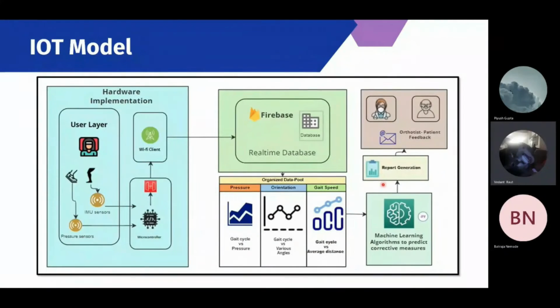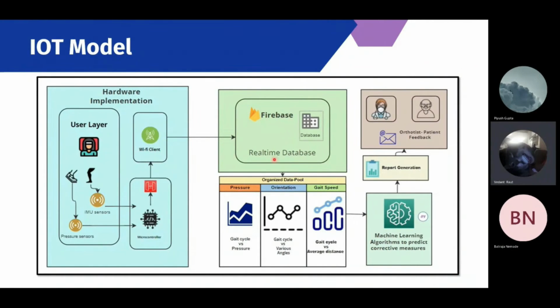Now coming to the IoT model, our model is divided into 5 parts. The first one is hardware implementation. It involves the acquisition of data from the sensors, which are IMU sensors for orientation and pressure sensors for measuring the pressures. And with the help of a microcontroller and a Wi-Fi module, we are sending our data to a real-time database